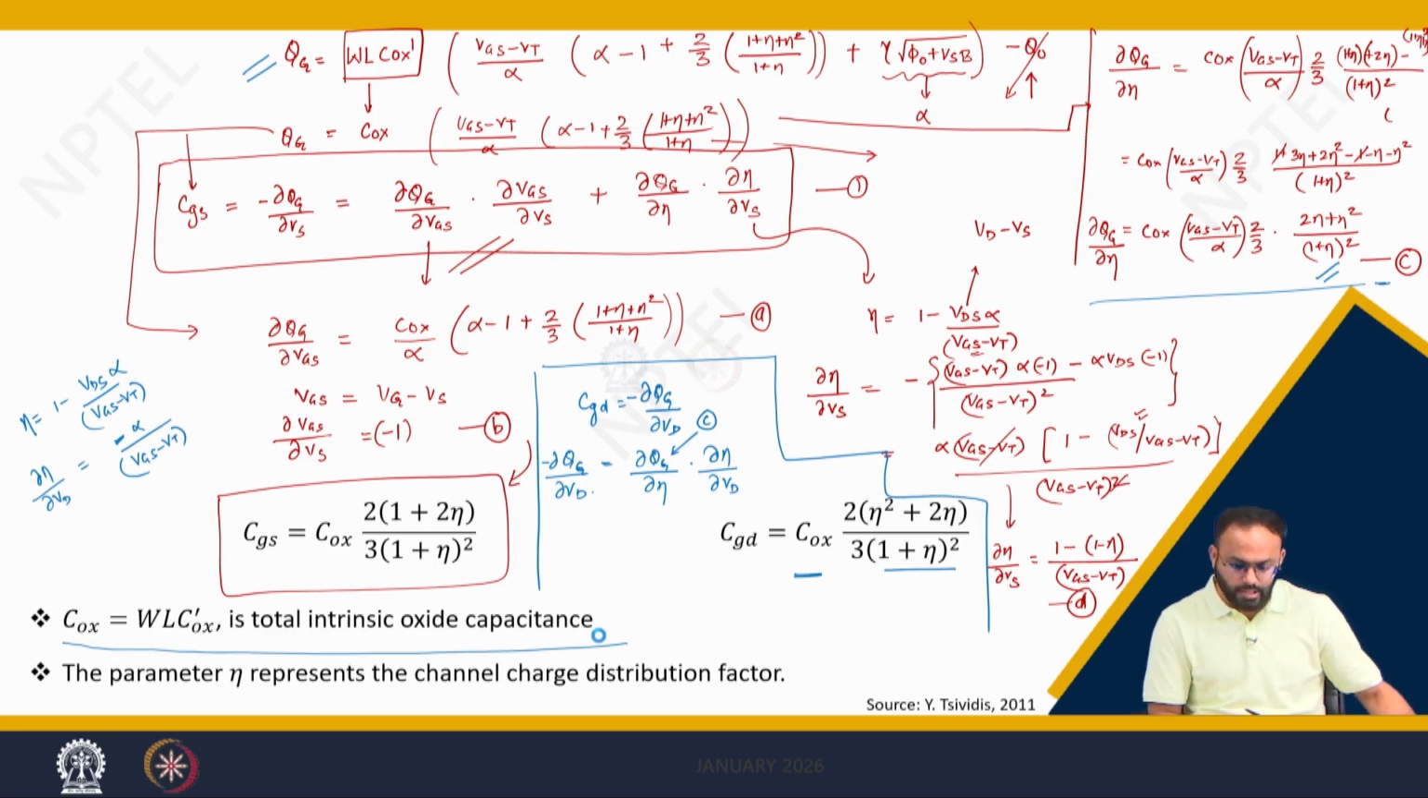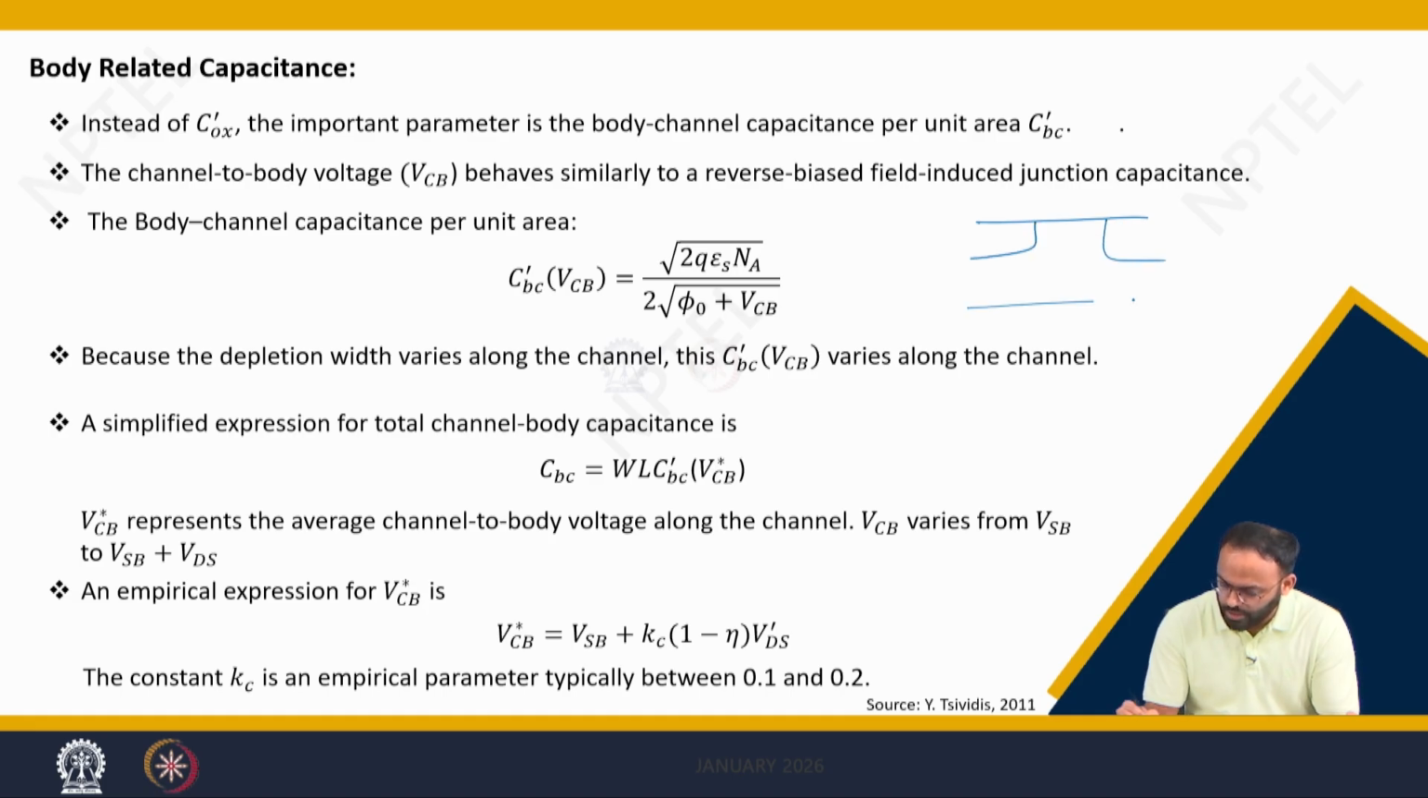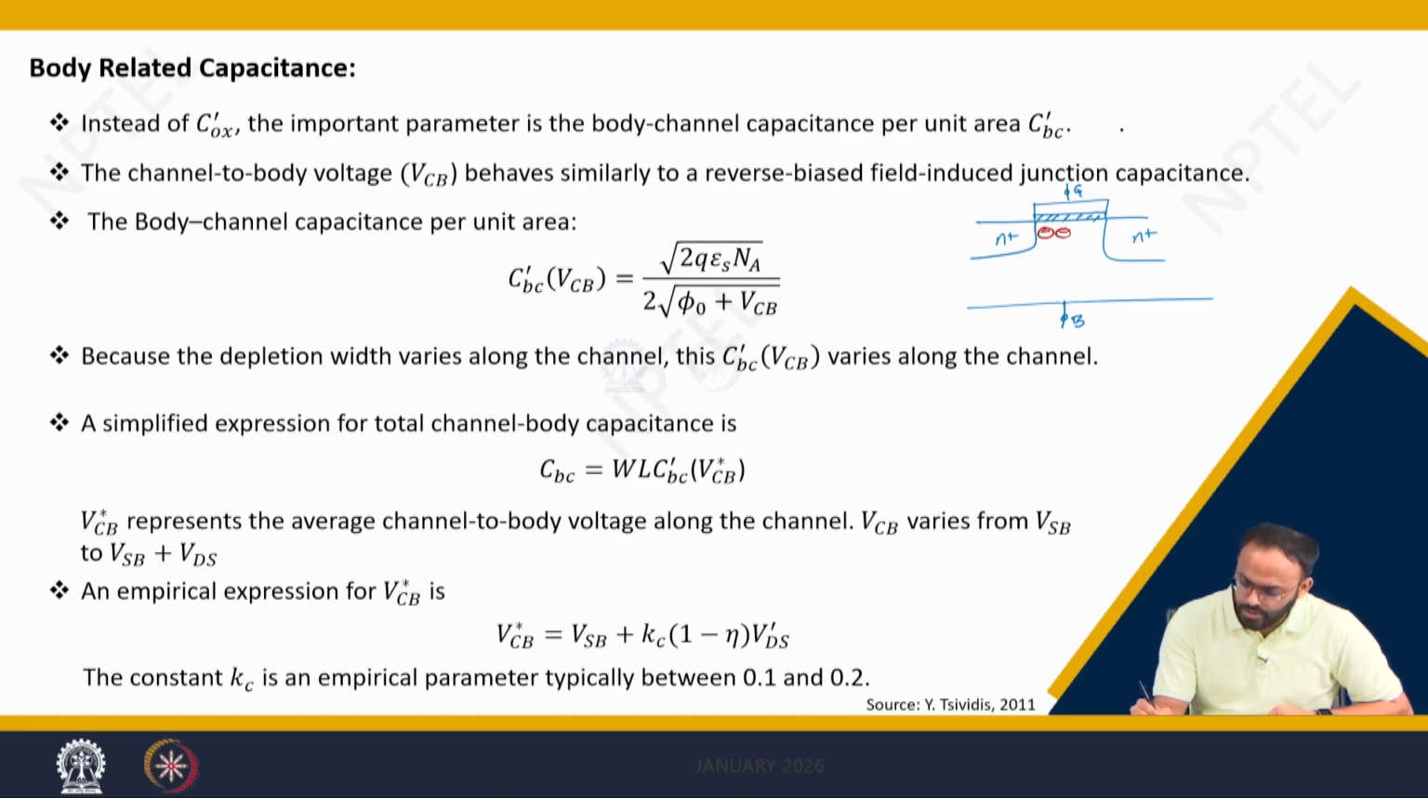Now let's see how we can calculate the body related capacitance. For that, consider this MOSFET. This is N plus, this is N plus, this is oxide, and you have the gate this side, and you have the body this side. Now if you see, when you apply a constant voltage at the gate terminal and the body terminal, there will be a bulk charge, and also there will be an inversion charge. So this body